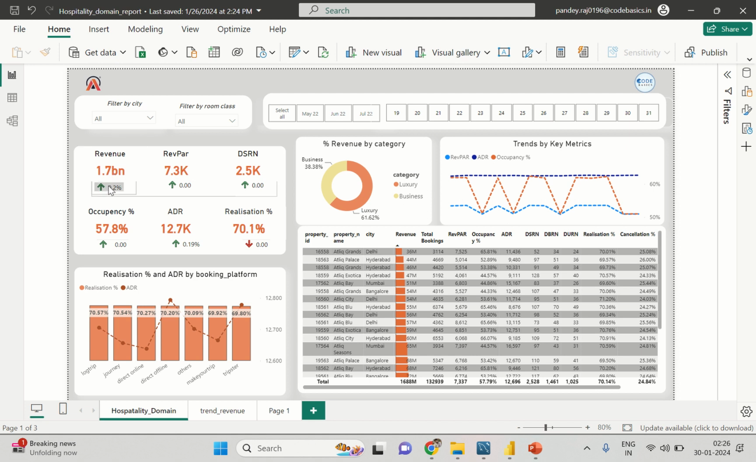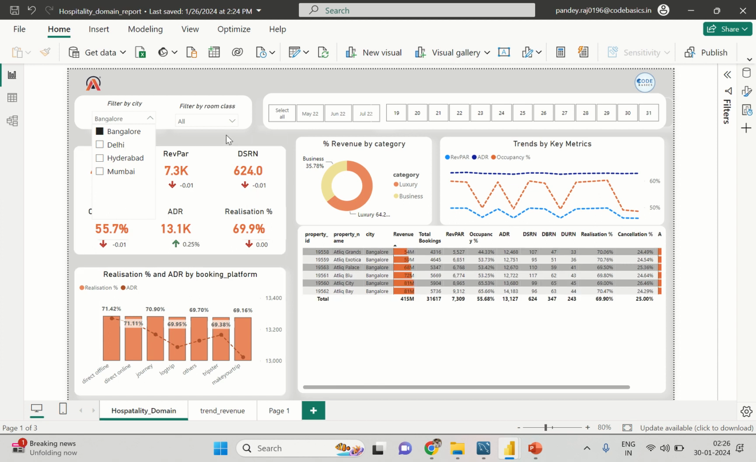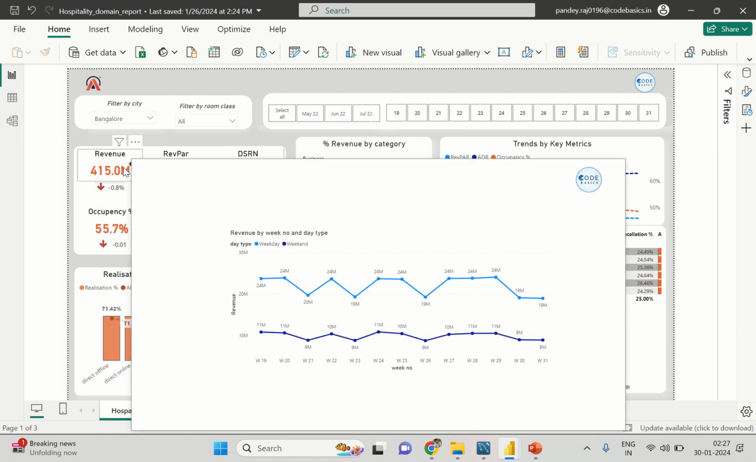As of now you can see these metrics are unfiltered, but as I filter with respect to Bangalore, all values are getting changed, all values coming according to Bangalore. So Bangalore has revenue of 415 million,